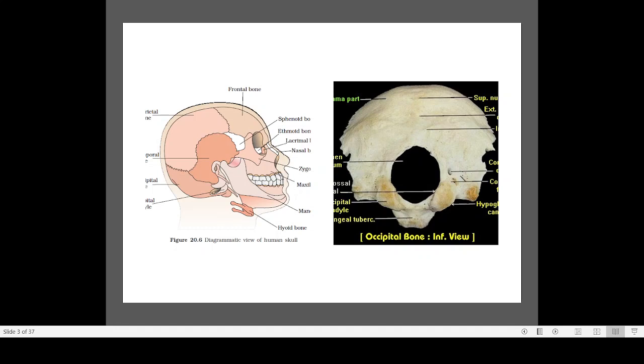Now, actually, here you can find that this is the occipital condyle. Here it is mentioned, occipital condyle. There are two occipital condyles here. They are on either side of this hole. We can find two structures. It is because of the presence of these occipital condyles